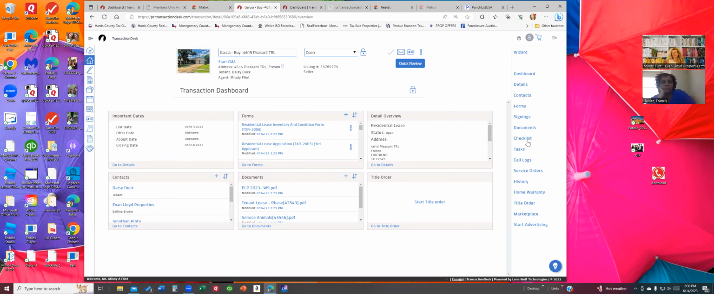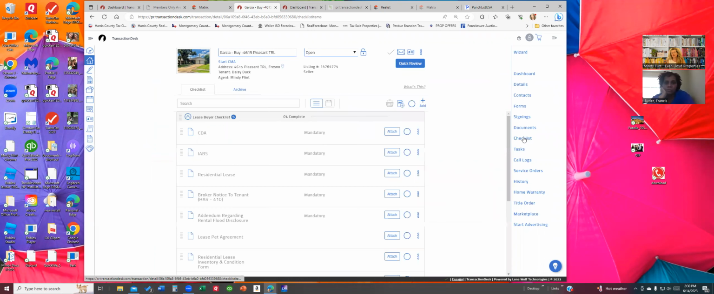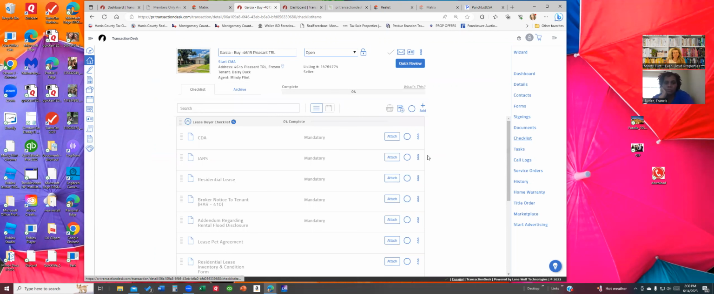And on the checklist, it has the checklist. The checklist will tell you every document that you need to turn in with this file. The CDA, if it has mandatory, you need to turn that in with the file. And that's what I was saying. You can do your leases and purchases for your buyers or sellers in any program you want to, as long as you turn it